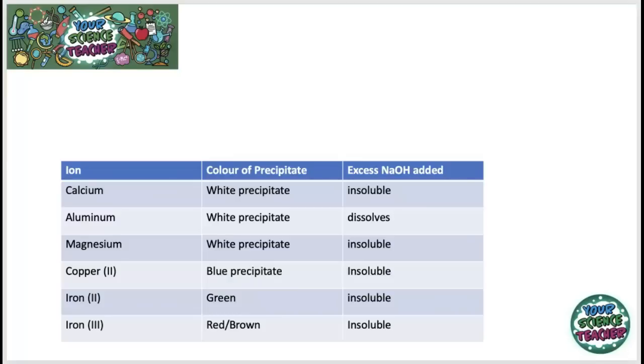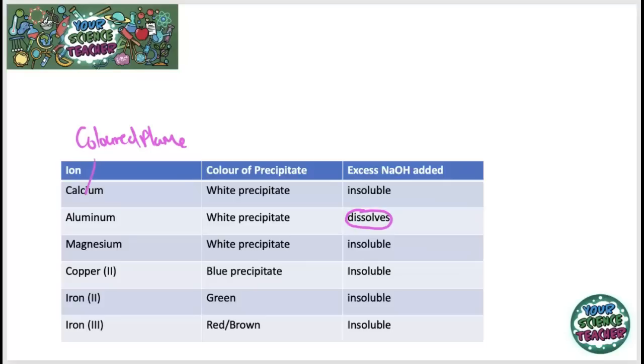aluminium can be distinguished from sodium and magnesium because of the fact it will dissolve if you have excess sodium hydroxide added to it. In addition, you can separate your magnesium from your calcium. Magnesium makes a white precipitate, whereas calcium also makes a white precipitate, but calcium also has a coloured flame. So we could revert back to our flame test and we could use our flame test to distinguish between our